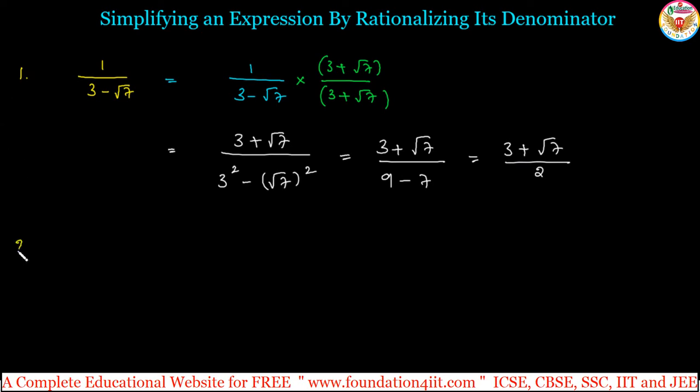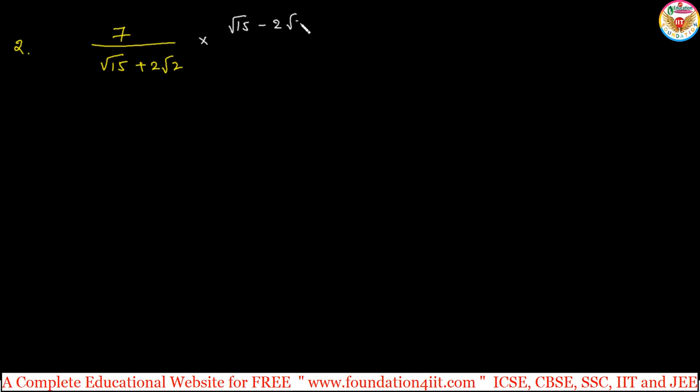And take one more. Let us take both irrational numbers in the denominator place, like 7 divided by square root of 15 plus 2 root 2. Okay, so in this problem, to rationalize the denominator, the rationalizing factor of root 15 plus 2 root 2 is just root 15 minus 2 root 2. So what we should multiply? Square root of 15 minus 2 root 2 by the same square root of 15 minus 2 root 2. Just multiply and divide. Then now I can simplify.